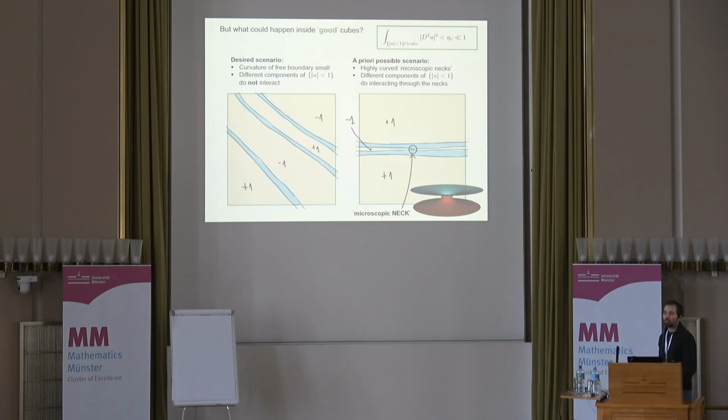So what can happen inside the good cube? What could go wrong in this strategy? Because the first time you think of this strategy, you think, in the good cube, this integral of the Hessian squared is very tiny, so everything will look mostly flat, because the Hessian squared equal to 0 is just flat. So we expect to have some transitions +1, -1, and in between, some regions where harmonic functions look like planes, maybe very steep planes, but sort of planes. Ideally, the different components of this free boundary should not interact, and then I can treat each of them separately.